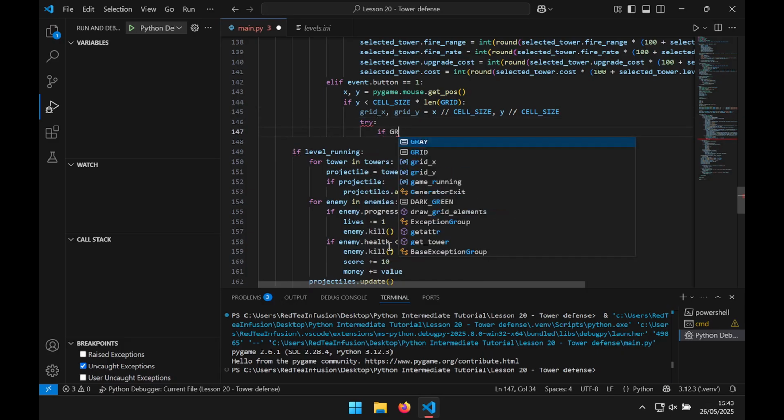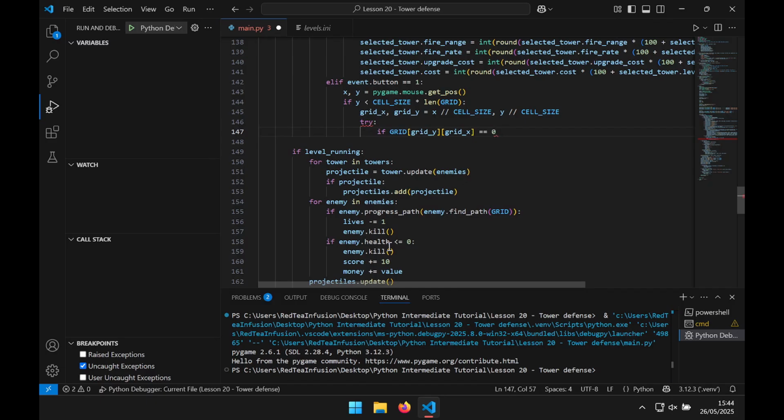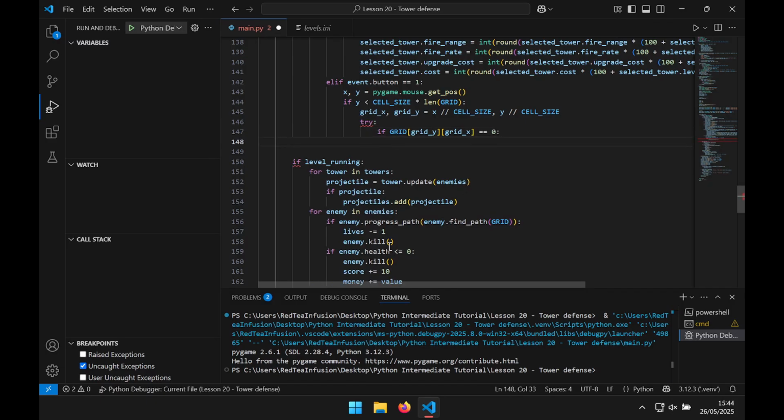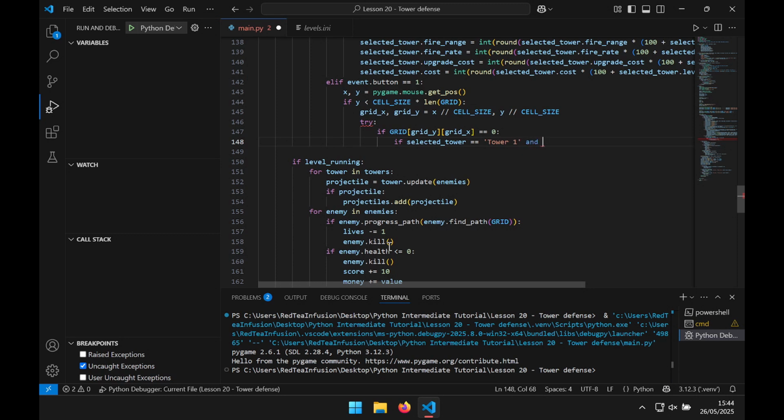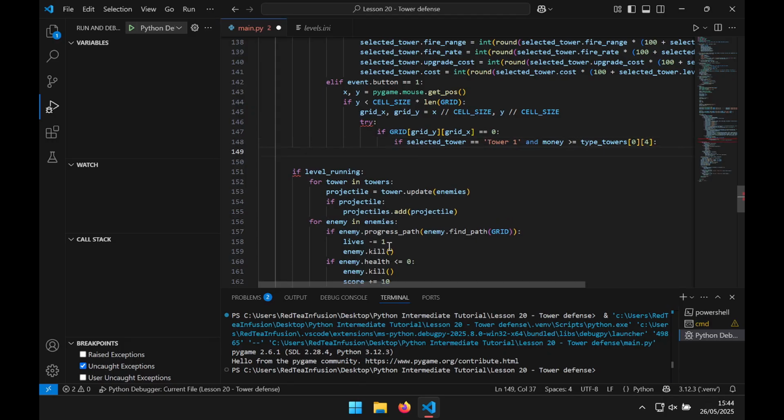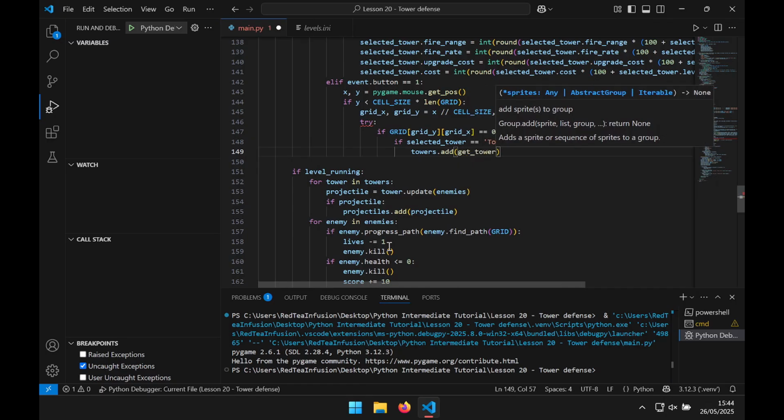If grid[grid_y][grid_x] double equals 0 column, new line, if selected_tower double equals "tower 1" and money greater or equal than type_towers[0][4] column, new line, towers.add(get_tower(